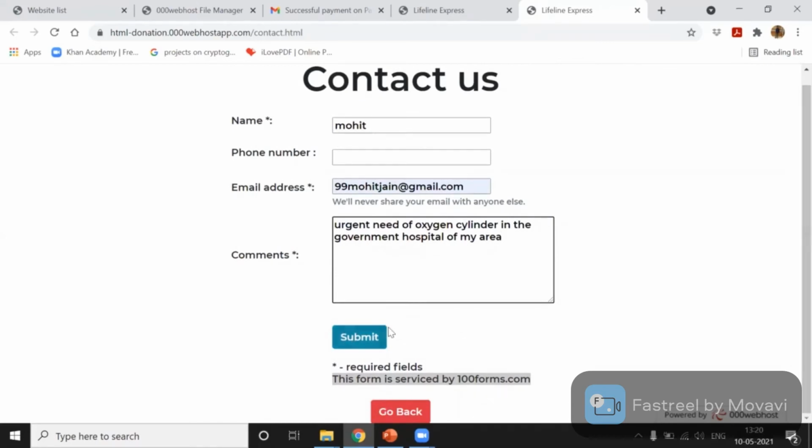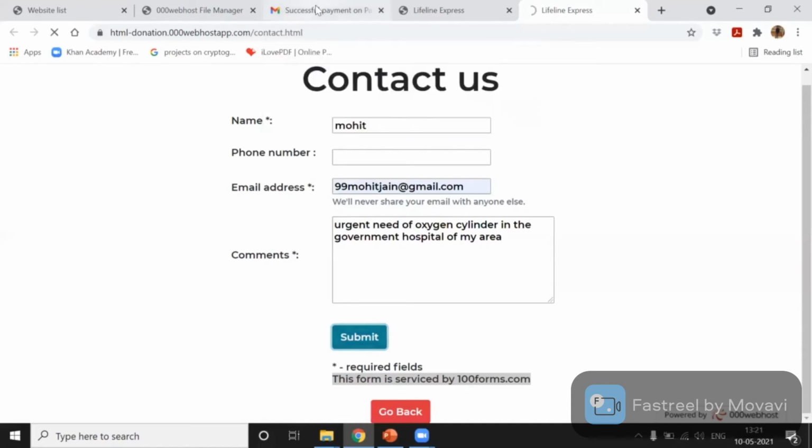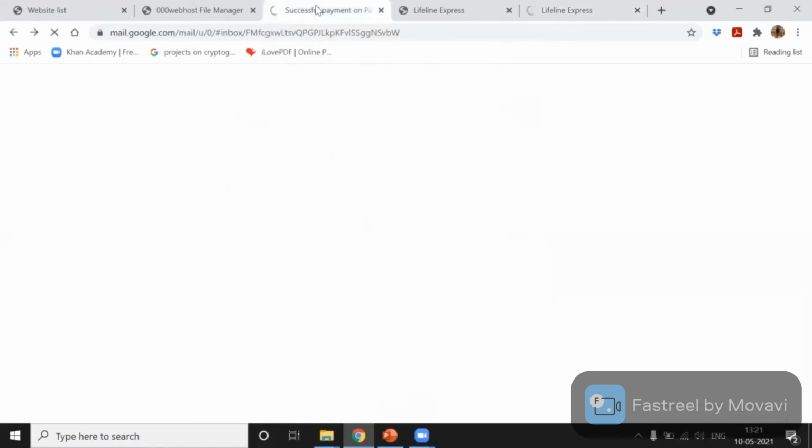So when I click on the submit button, a pop-up will come saying that I have successfully filled the form, and this response of the form can be seen in the admin's email. Now let me take you to my email where my responses are visible.